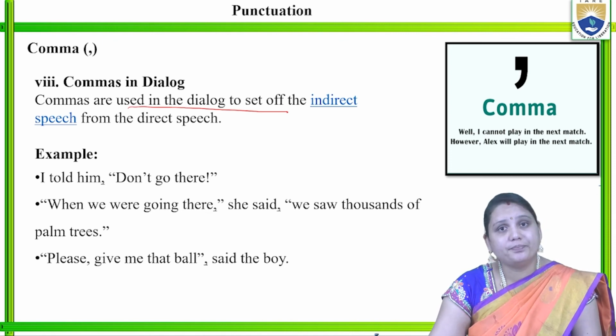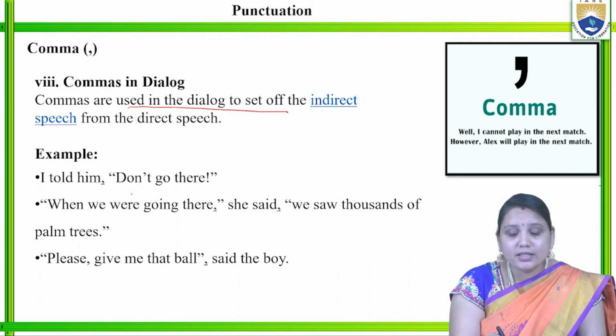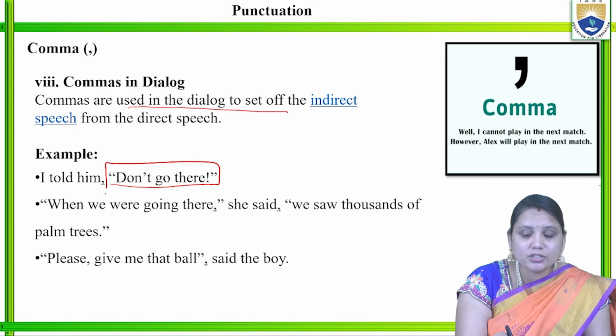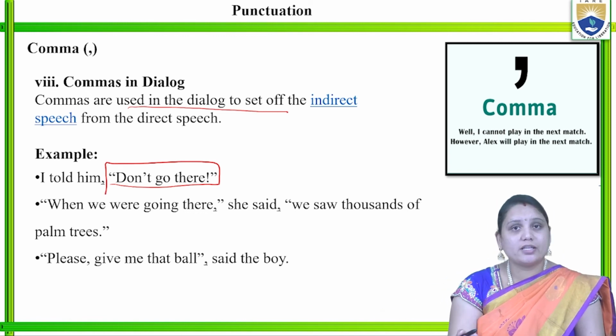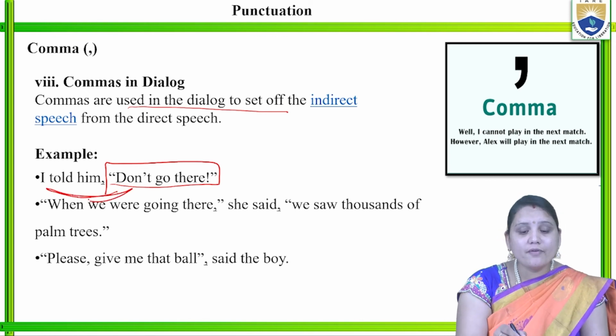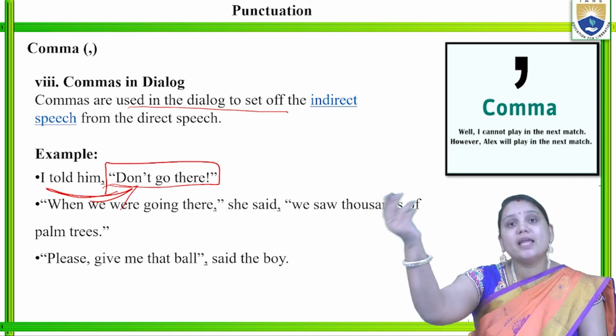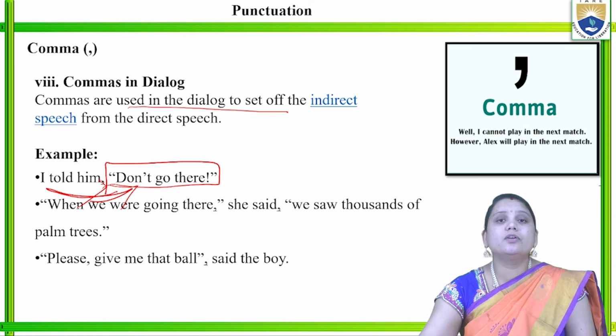I told him, take a pause. Don't go there. So, this is the word which was used directly and we are replacing it in the form of the quotations. But to segregate this difference of you telling about somebody's statement is worthwhile with the usage of